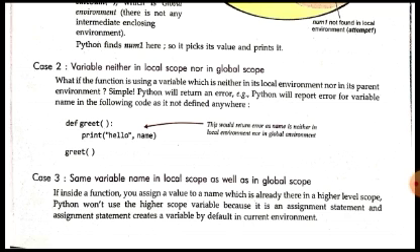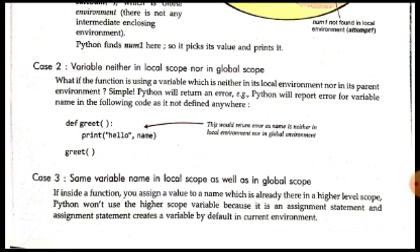Enclosing environment case appears when your function in which you are using it is a nested function. Okay, when the function is not a nested function, then enclosing environment is not considered. Okay, so after that, where it will check after the variable definition is not found in the local function, then it will be checked in the global environment. If in the global environment also it is not found, then what will be done? Python will now report an error. Okay, because in the built-in variables also they will not find a variable which is named as name there.